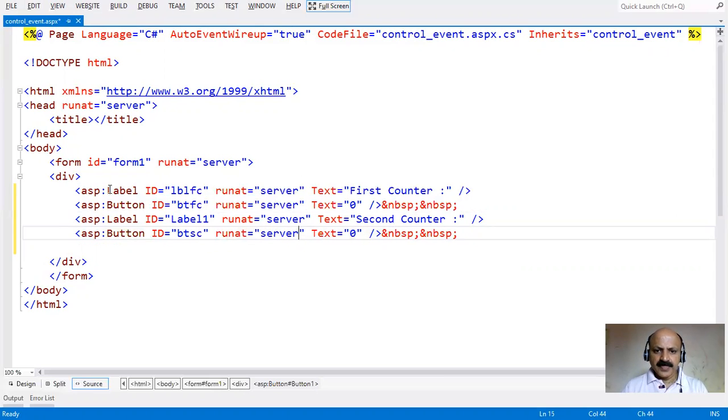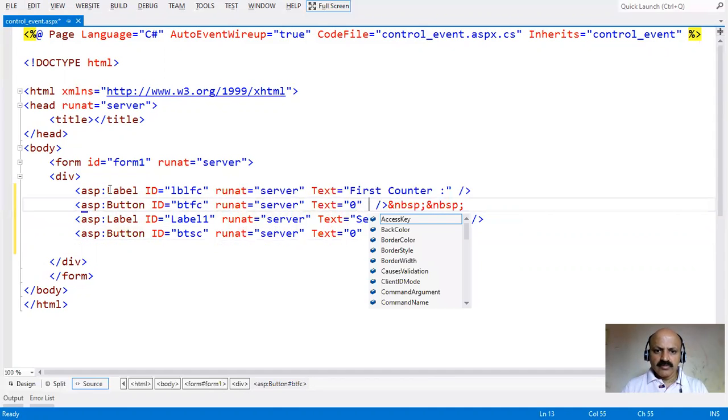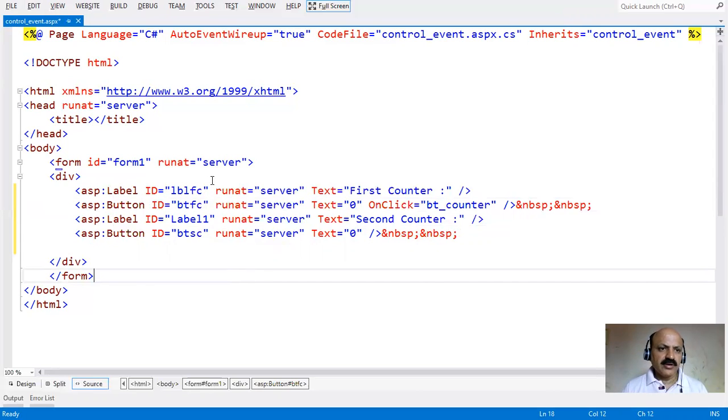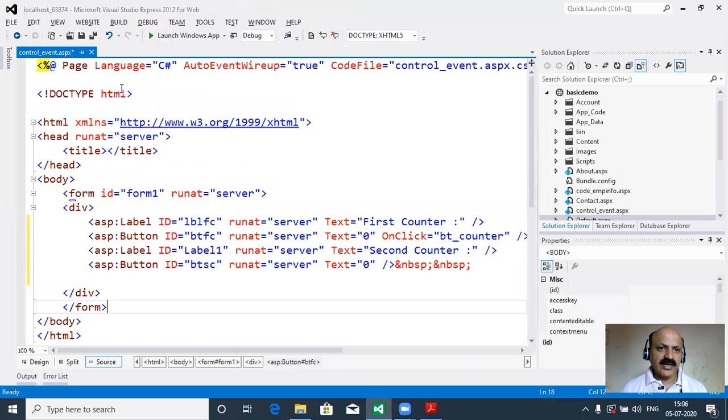Second counter, and here we have to provide onclick. Okay, and bt underscore counter. So that is the name of click event. Also we have to give the event in the second technique or second way in ASP.NET.